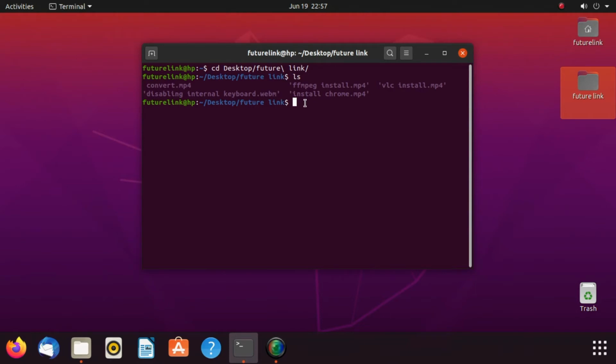So for that, let's type FFmpeg space -i space, then we need to type the name of the video file that we need to convert. So here it is, disabling internal keyboard.webm. So I type that name of my video, then space